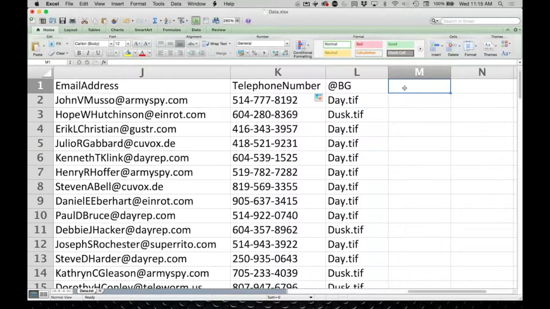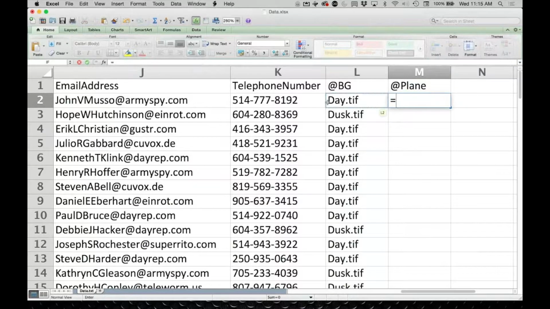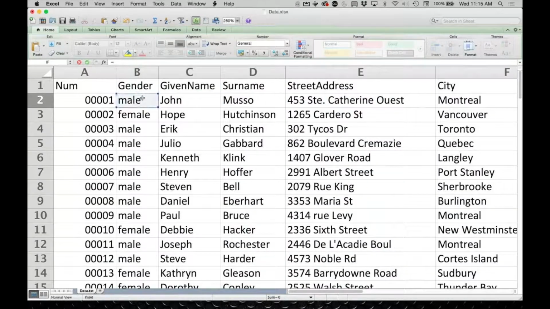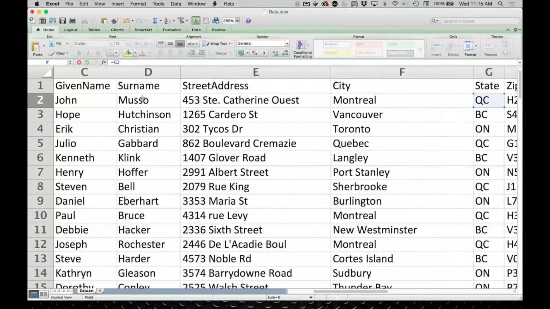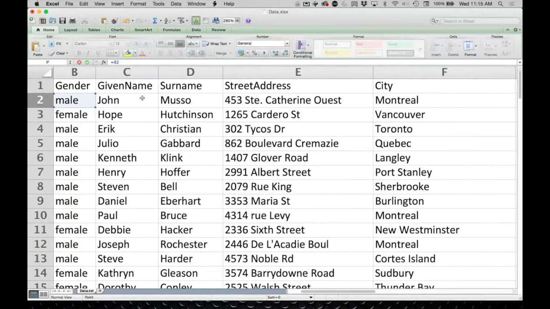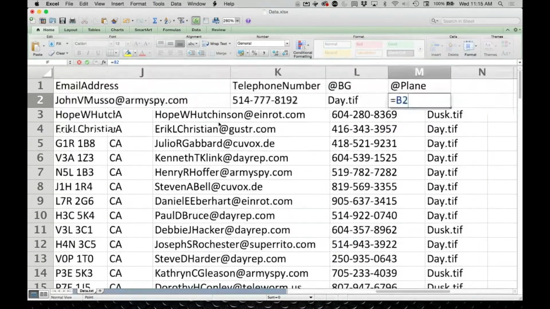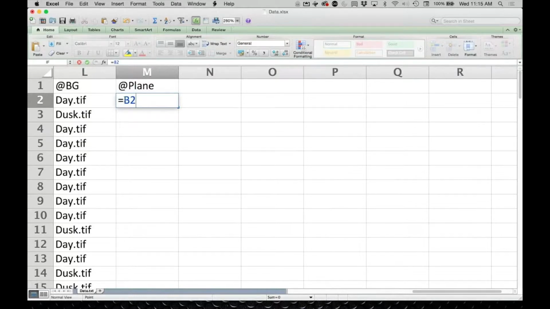So I'm going to do one more. Again, we need the apostrophe if I'm going to do the @ symbol, and I'm going to call this one plain, because I have a plain graphic that I will switch out, and I'll do the exact same thing again. Sorry, I do need to select that one and scroll over. I should probably do the if statement first. If,